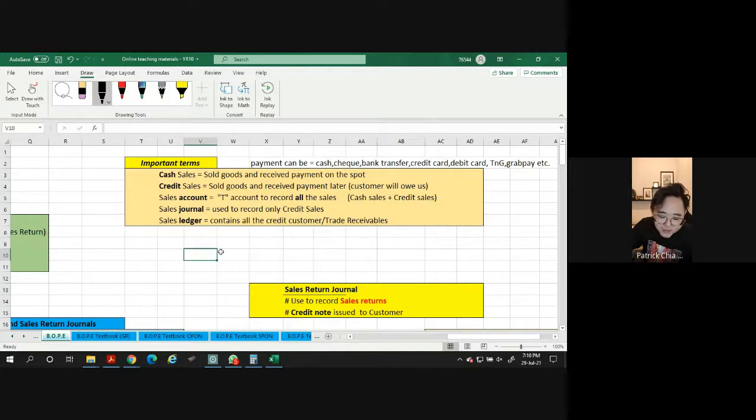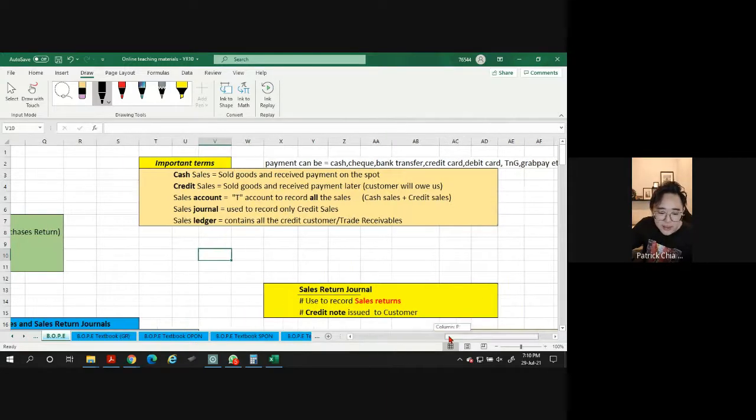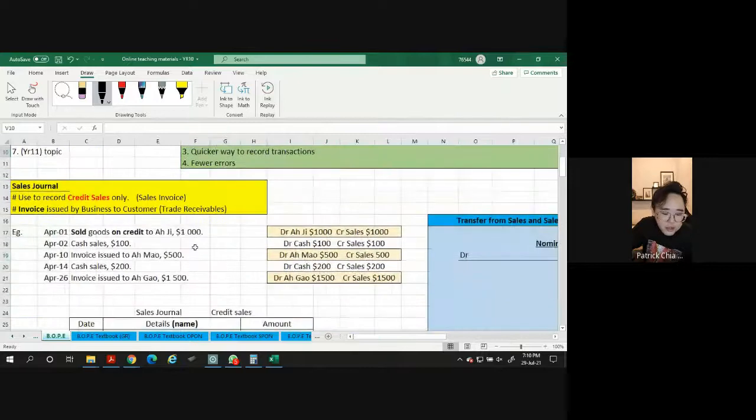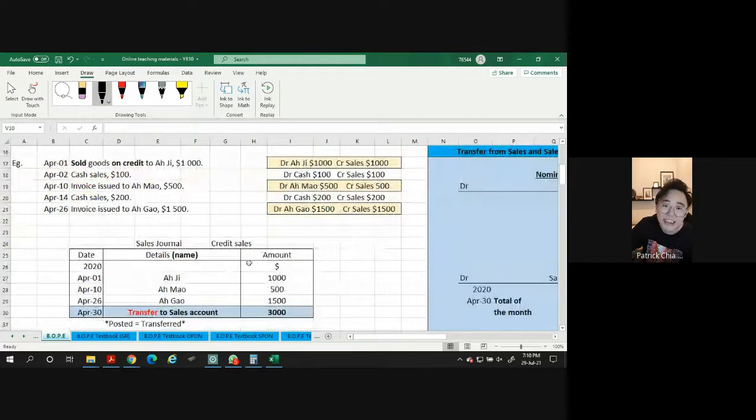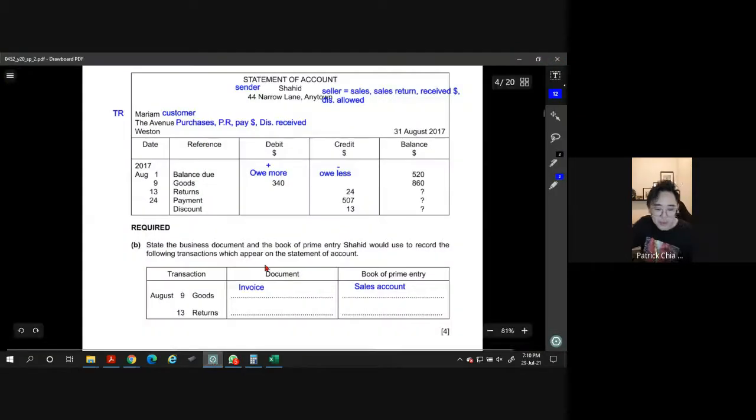Okay, so the purpose of sales journal is to record credit sales. So anything that is credit sales, you put inside. If it's cash sales, where does it go? Anything to do with money goes to cash book. So they don't go to sales journal. That is why under the books of prime entry, you have a total of 7 books. So cash book is also a book of prime entry. Okay. So for this part, let us finish the question first.